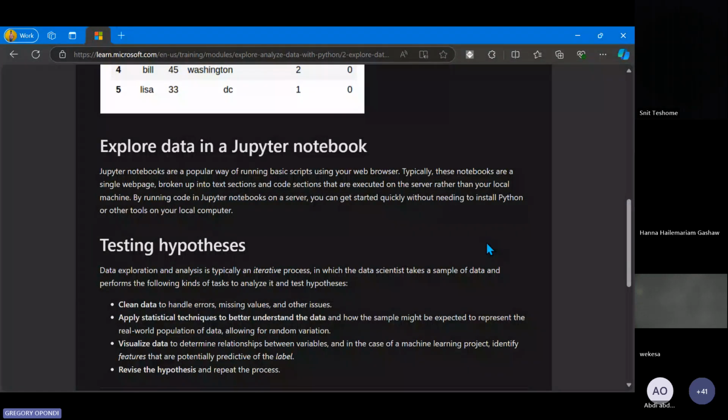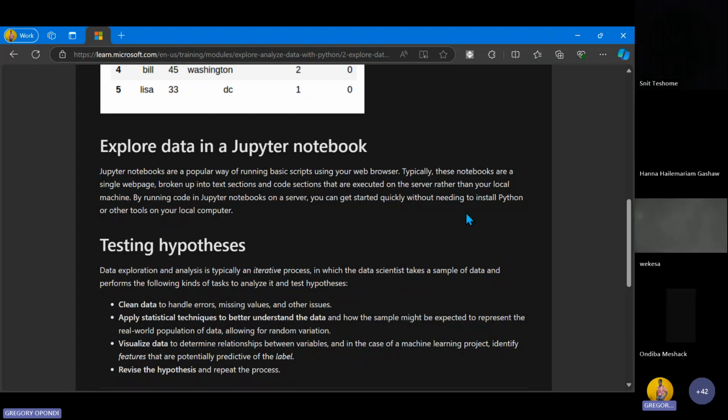When you download Jupyter Notebooks by itself or using Anaconda, mostly it runs in the browser. But personally, I didn't use that method to install Jupyter Notebooks. I installed Jupyter Notebooks via the VS Code extension. I use VS Code to write my code, and I downloaded the Jupyter Notebook extension. Having the extension, I'm able to run the Jupyter Notebook not necessarily in the browser, but in VS Code by itself, which is my preferred